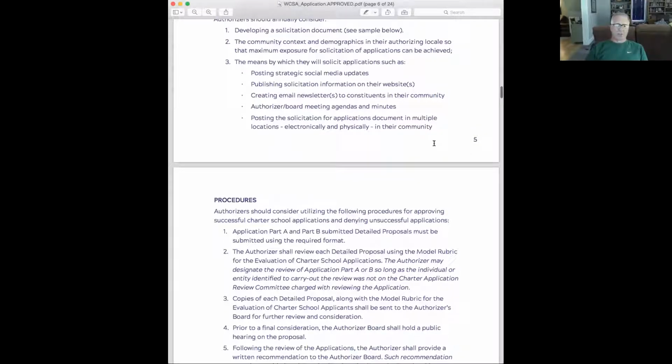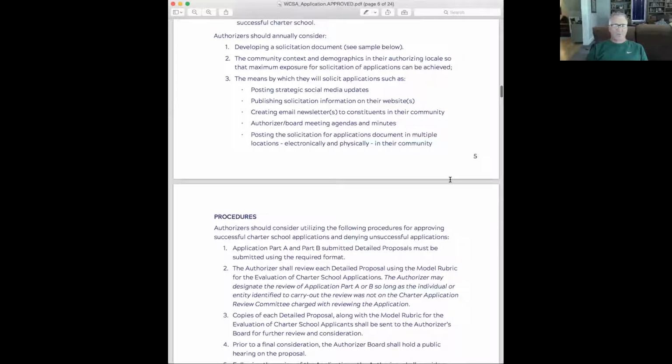Once districts have looked at that, there's even some example language and some process and procedure here that would be able to